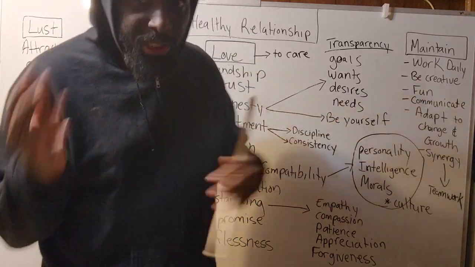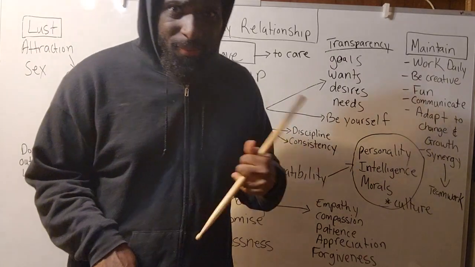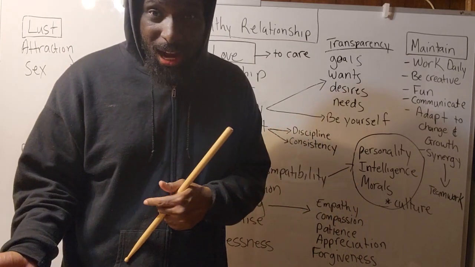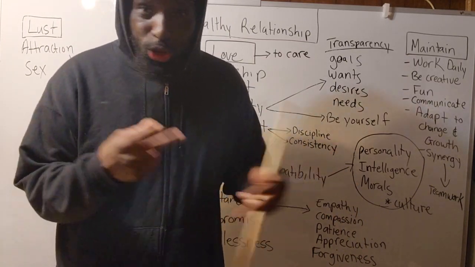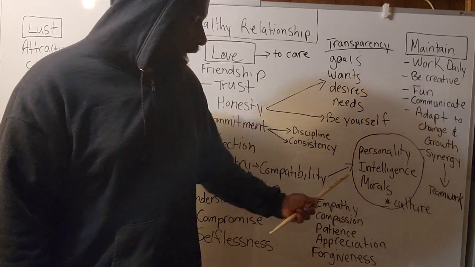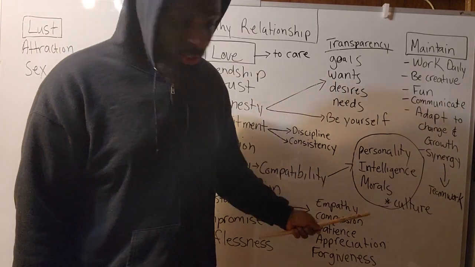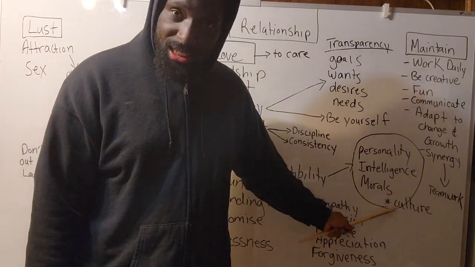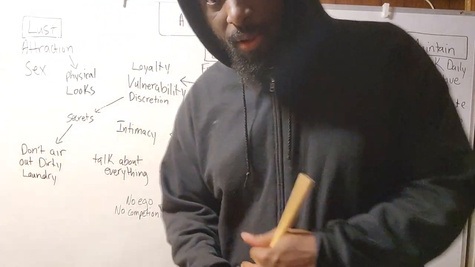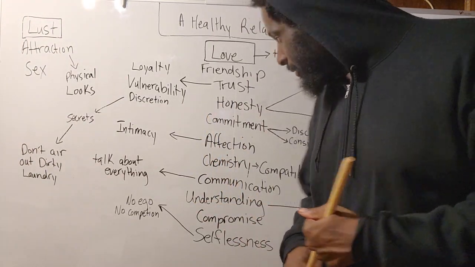Those are two different cultures, right? Let's say a person from the Igbo tribe from Nigeria is dating somebody who's a Zulu. Those are two different cultures, right? But they probably are compatible in terms of morals, intelligence, and personality. So this is why I put culture in asterisks, because many people date outside their culture, and that's not a problem. It would be nice if you date within your culture, but that's not really a requirement, right?